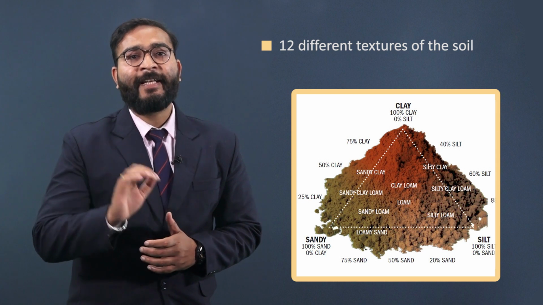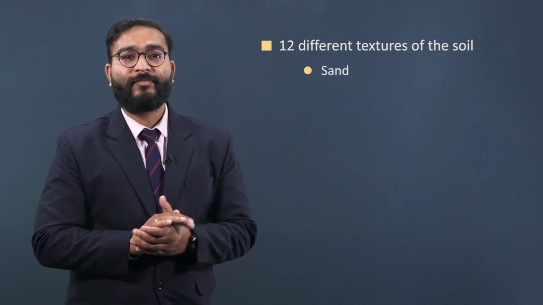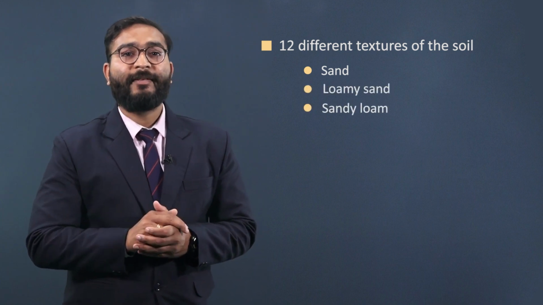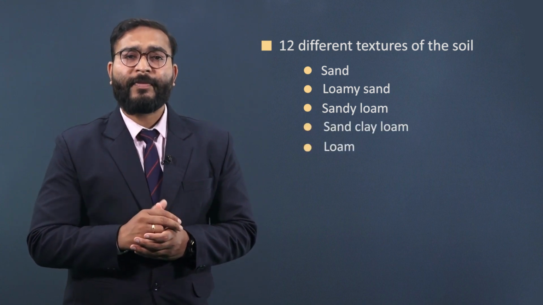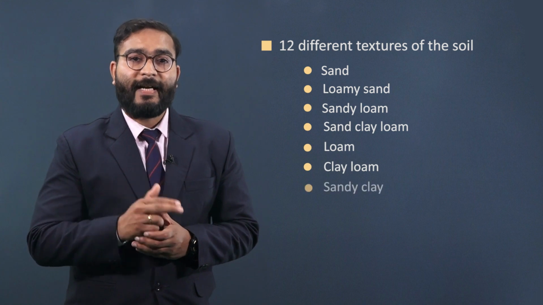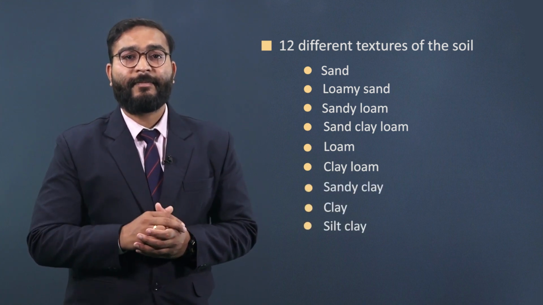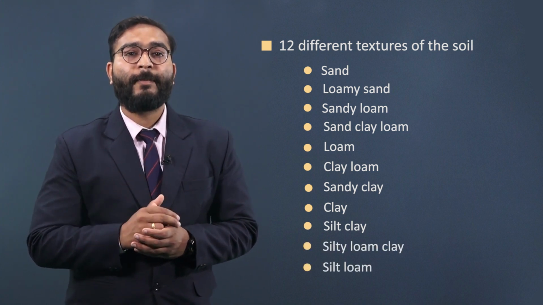The intersecting point of silt, clay, and sand determines the 12 different textures of the soil, which you can see in the textural triangle: sand, loamy sand, sandy loam, sandy clay loam, loam, clay loam, sandy clay, clay, silty clay, silty clay loam, silt loam,